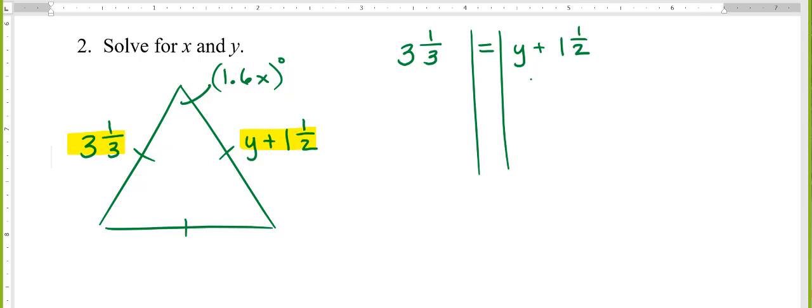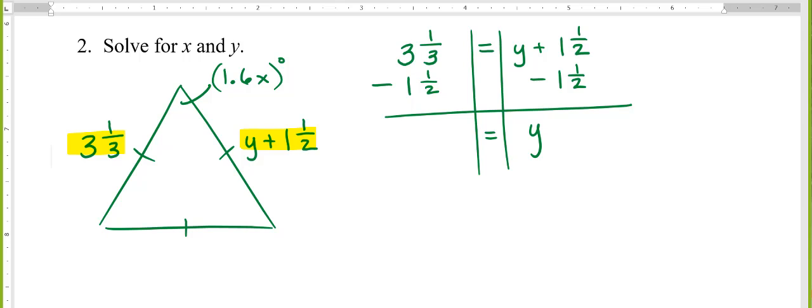Good. Minus 1 1/2 from both sides. So y will equal... We need to get a common denominator again. What's a common denominator between 3 and 2? What number will 3 and 2 go into? I see some of your lips moving. 6? Okay, so if I want to do this into sixths and this into sixths,